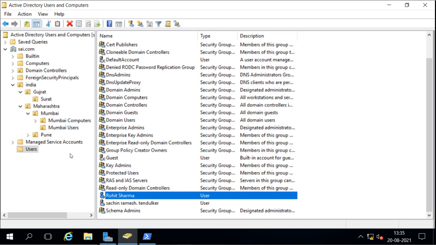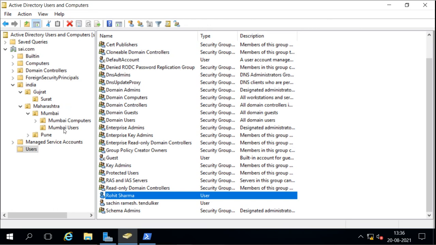Now how can it use these permissions? Can it log into the domain controller? It will not be able to log into the domain controller because it is a normal user. So it will log into the client machine, and from that client machine it will install the remote administration tools. This is RSAT, and then from that tool it will get the Active Directory Users and Computers tool also, and from that tool it can manage the OU.